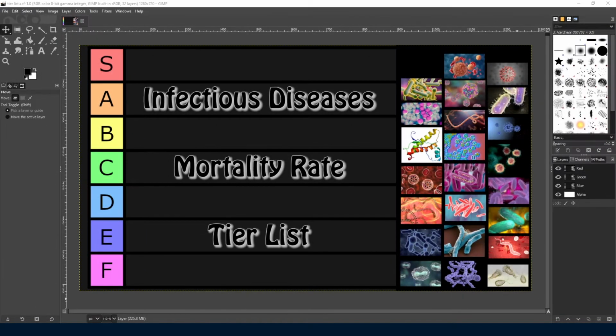Okay, today I bring to you a tier list of infectious diseases based on their mortality rates. So we're going for a bunch of well-known diseases that most of you should have heard of at some point. And we're sorting them by their mortality rates, so how fatal the disease is. So it's got nothing to do with how many people have been infected, how many people have died in total. It's all to do with just the mortality rate of the disease